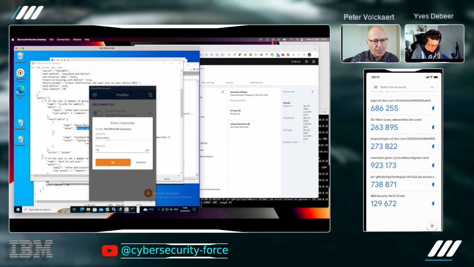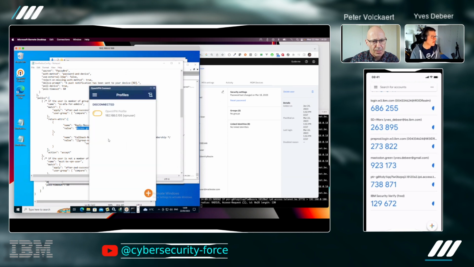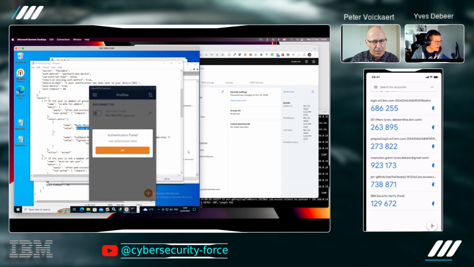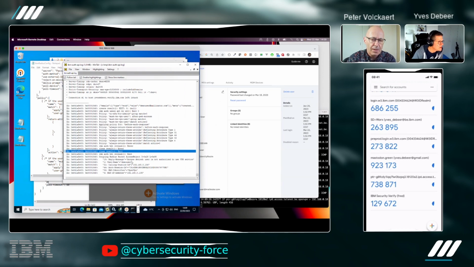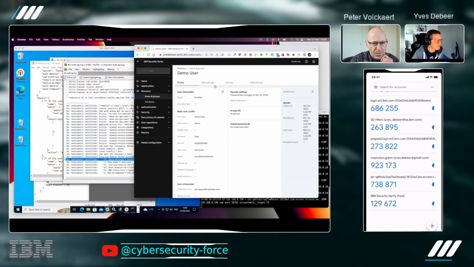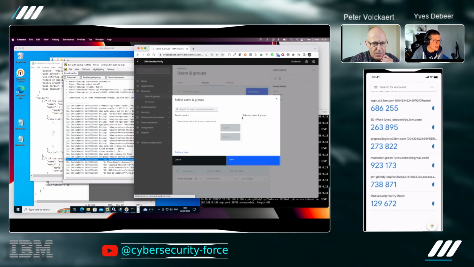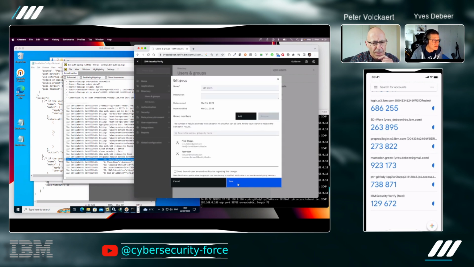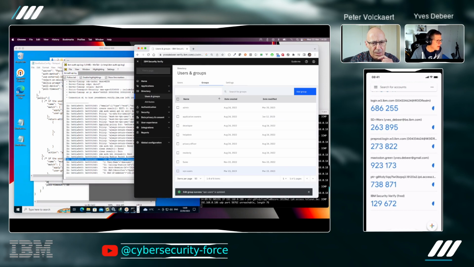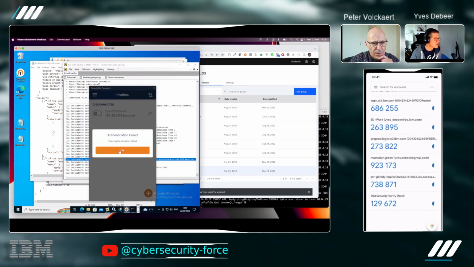Demo user. And it says access denied. User is not authorized to use a VPN service. And if we take our VPN users group and just add demo user to that, done, save. And now if we try again,